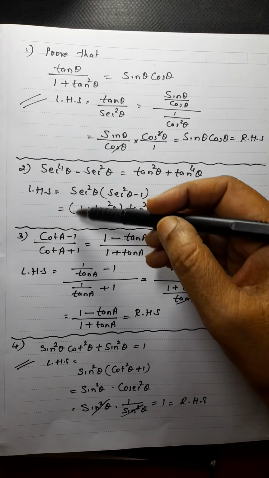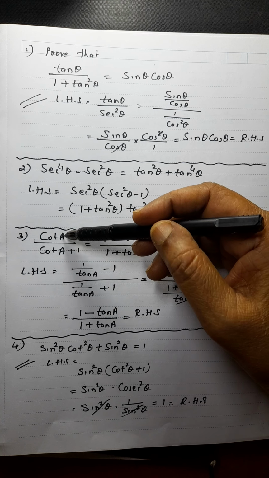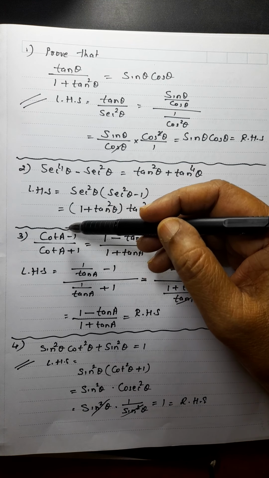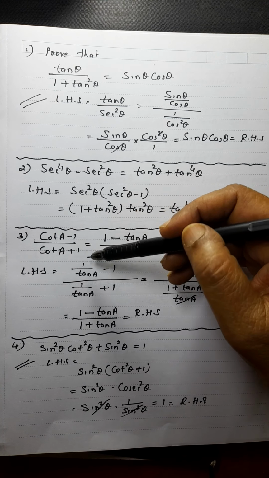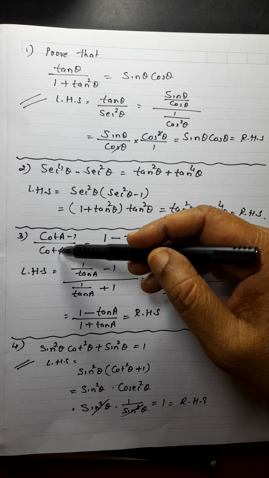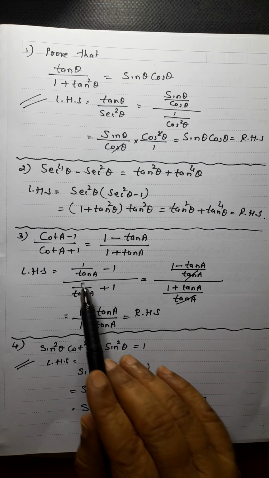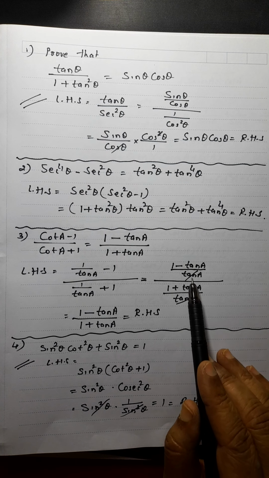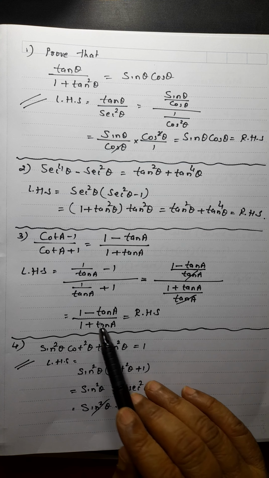Now in this problem, because this side it is tan, I will write cot in terms of tan. Otherwise usually we write it as cos upon sin. But here I want it in terms of tan, so I will write it in terms of tan. So cot is 1 upon tan A minus 1. This is 1 upon tan A plus 1. Take LCM tan A. Numerator will become 1 minus tan A. Denominator will become 1 plus tan A. This tan A, this tan A, LCM cancels. So this is your answer.